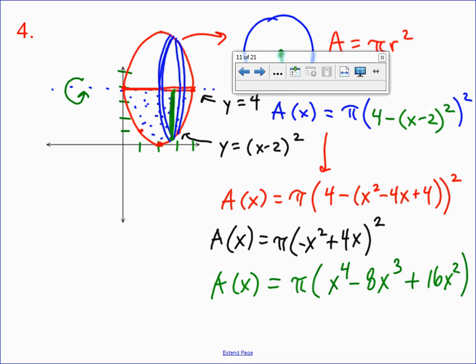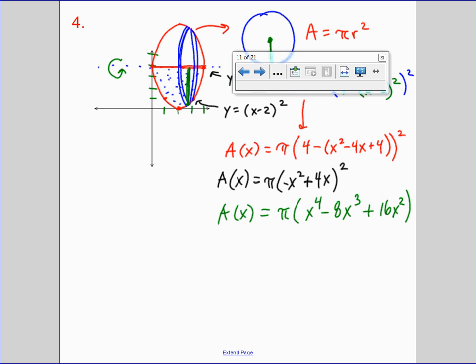So now we'll finally set up our volume integral. So let's go ahead and do that now. My volume V will be given by the leftmost cross-sectional slice, which could occur at the leftmost x value of my original region, which is shaded. What's that? X equals 0, up until x equals